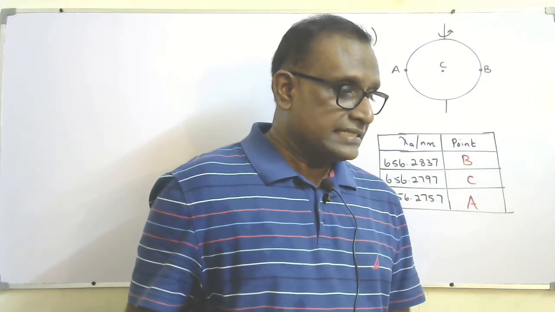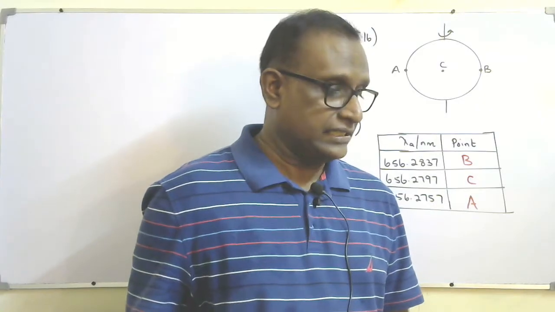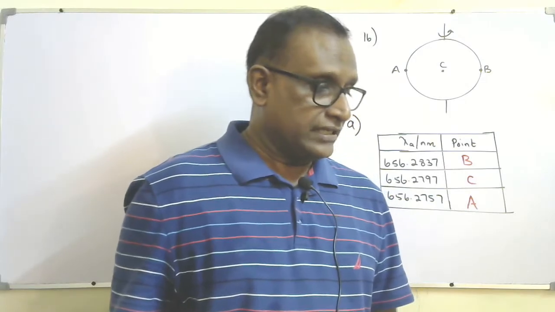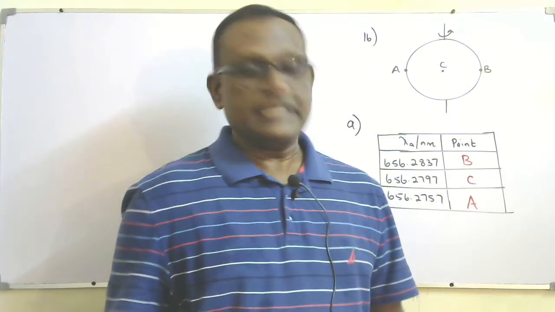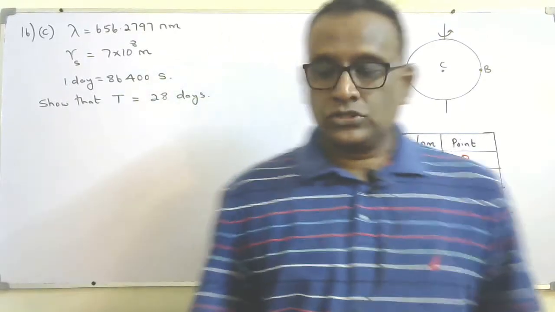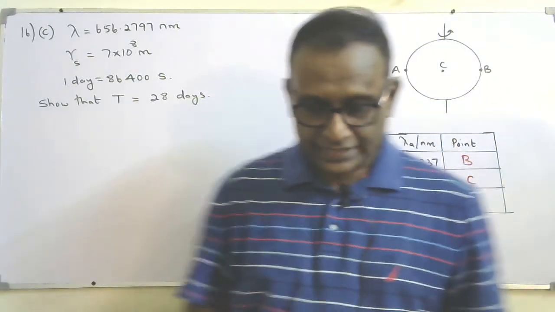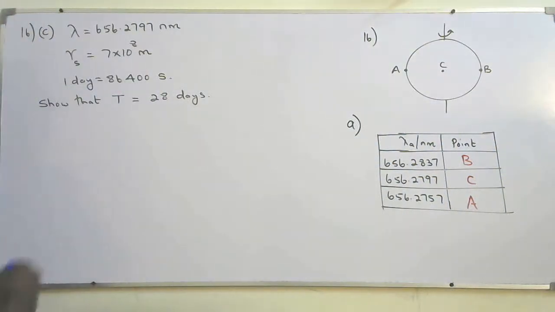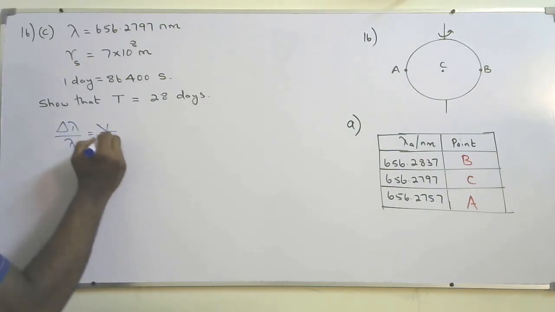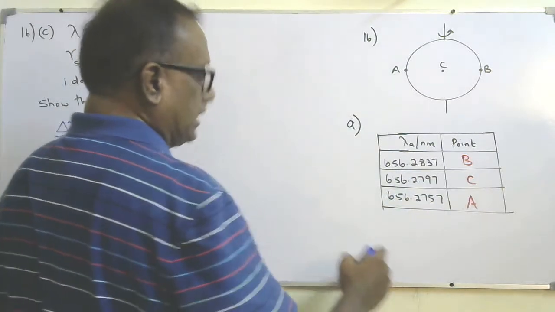Assess whether this is consistent with the Sun having a period of rotation approximately equal to 28 days. The radius of the Sun is given, and 1 day equal to 86,400 seconds is also given. So we need to show the time period of spin of the Sun is 28 days. So we can use the Doppler effect equation, delta lambda over lambda equals v over c. For delta lambda I can use either B or A. So I will use